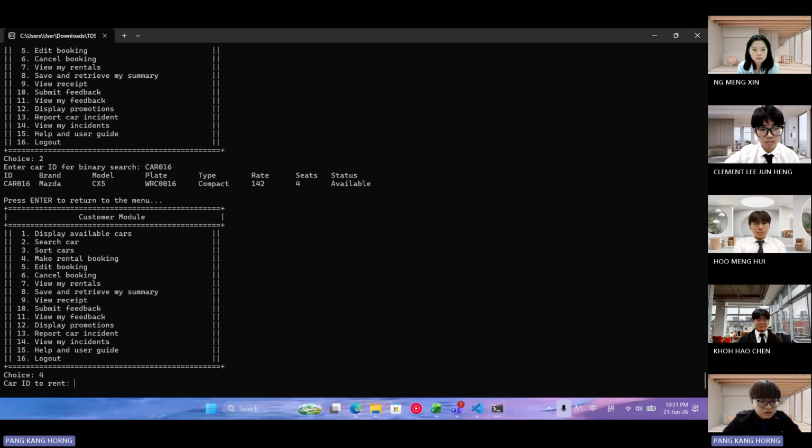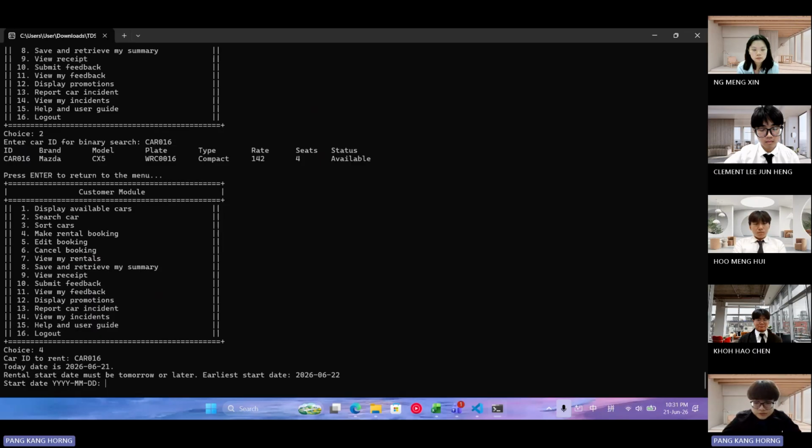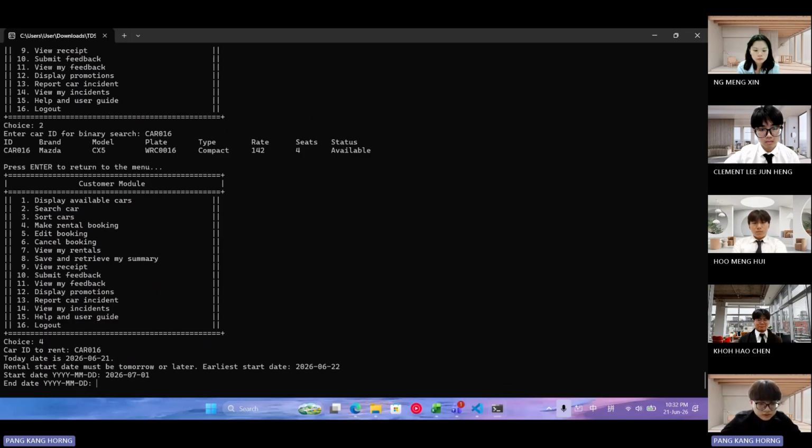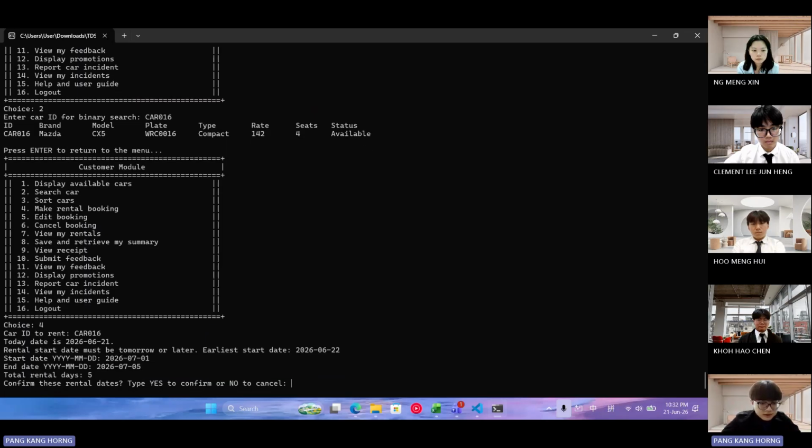We just choose option 4, and we type the car ID, and it will ask you for the rental dates again. Now we go with 2026 07 01, and the end date we go with 2026 07 05.